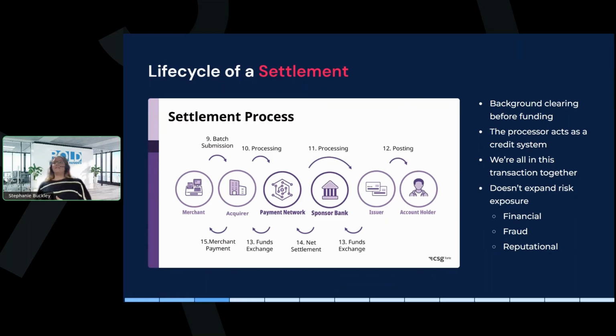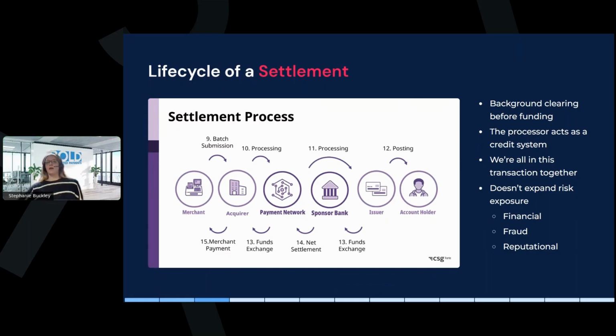When they're looking at these transactions, most importantly, they want to make sure that the risk exposure that they are ready to take liability on is not going to be expanded by this transaction. Has it already been agreed upon that they're comfortable with this risk exposure? And any risk exposure basically falls on three levels. There's going to be financial, so money lost; fraudulent, so is somebody either trying to pull one over on the merchant, or is the merchant trying to pull one over on the processor? And then reputational, just, are you doing something that's completely incorrect in terms of the industry that you're underwritten for?